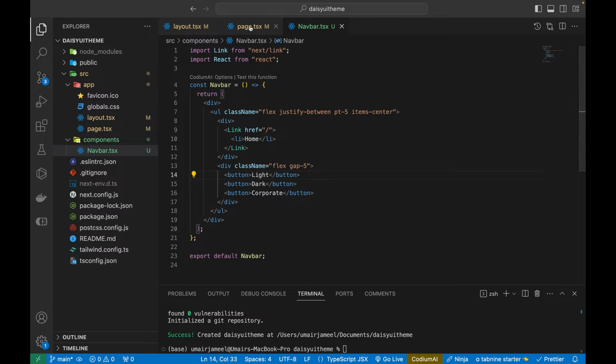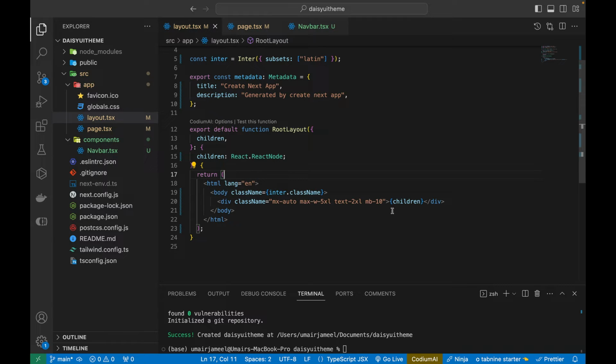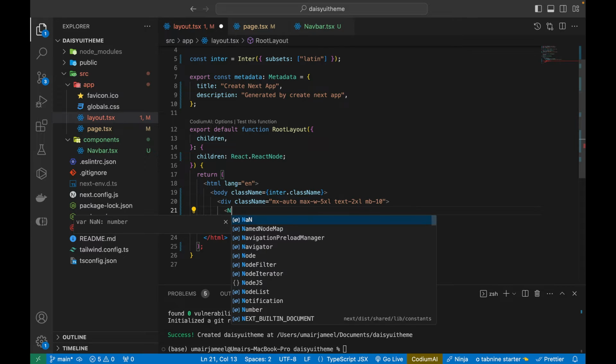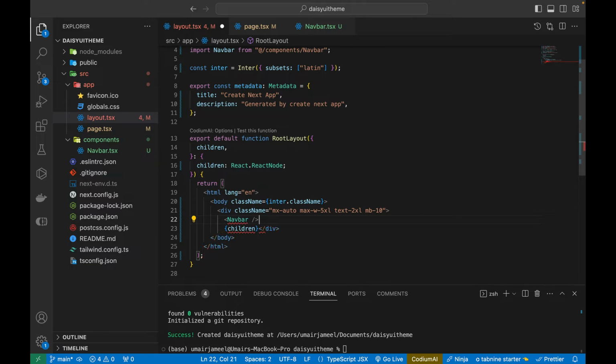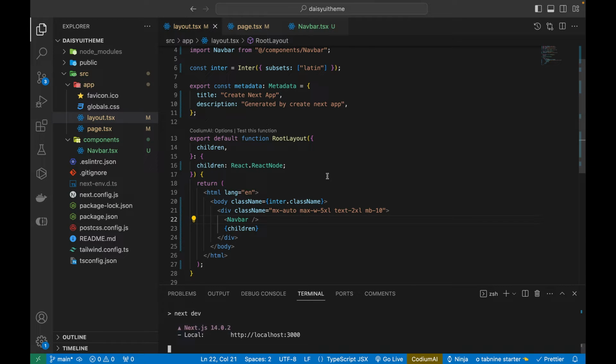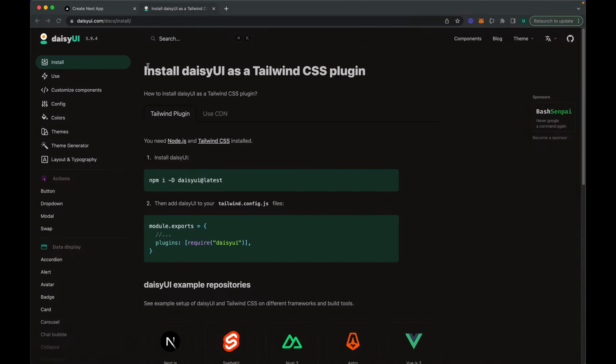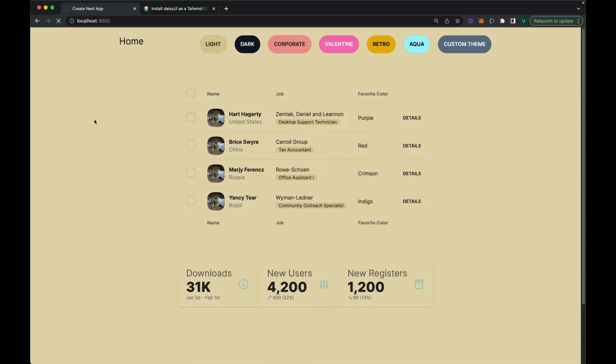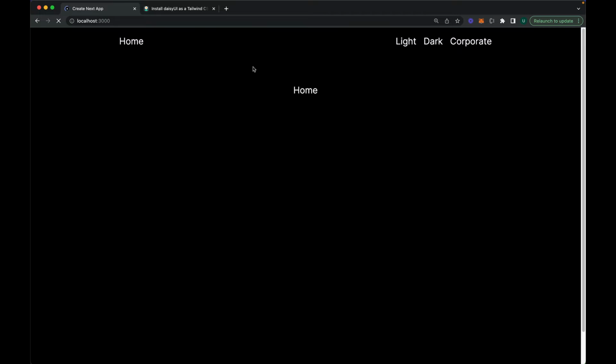All right, and I will be adding this navbar over here above the children so that it's visible on all the pages. So here I will be importing the navbar like it. All right, so before moving further, let's check out how it's looking on the UI. So I'm going to go to the browser. Let's refresh now, and this is going to load up. All right, so this is how it's looking. It's looking pretty cool. We have the home, we have the light, dark, corporate buttons,